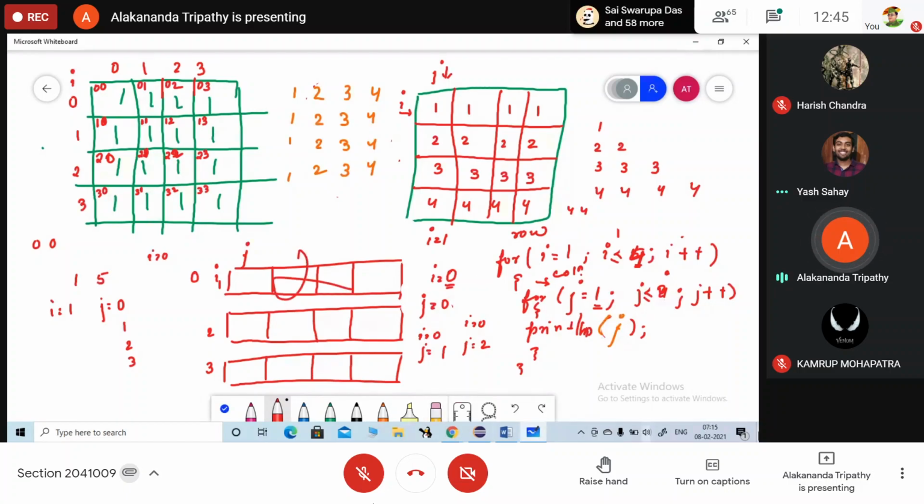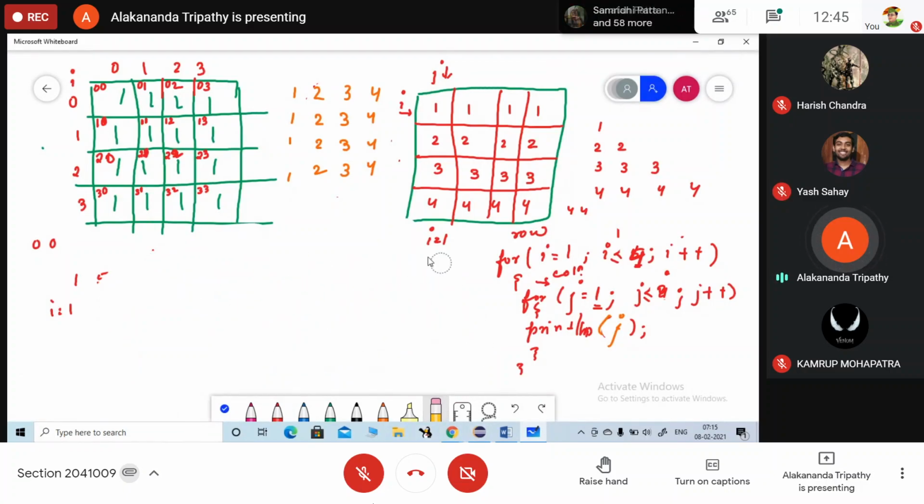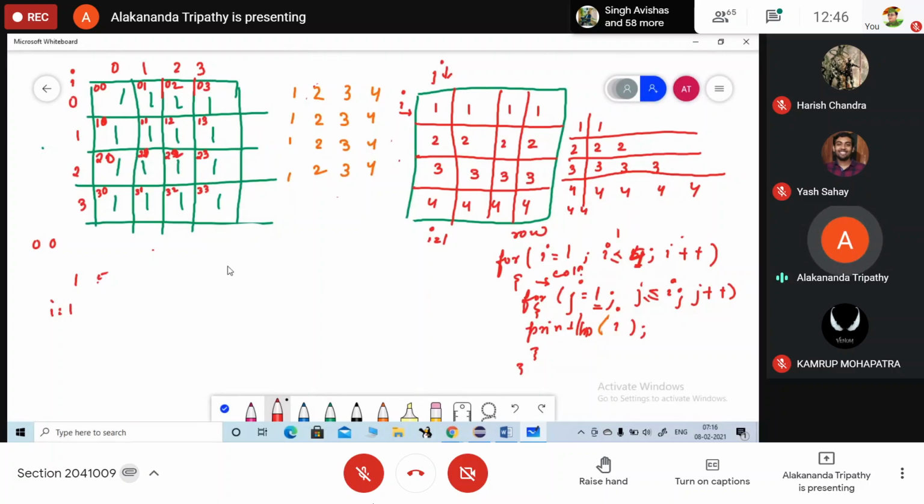Okay, so I will write J less than equals to I, erasing this part. All of you check here. Ma'am, also print I. J less than equals to I, and as we are going to print the row numbers, these are the row values: first row, second row, third row, fourth row. So here we are writing println I. When I is equal to 1, J equals 1, it prints once.